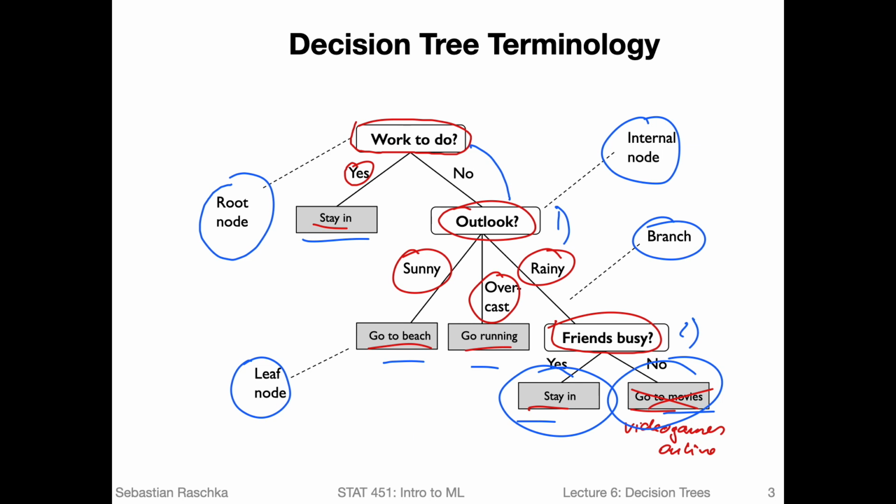And note that there are two types of nodes. One type of node does a binary split. In this case, this one is a binary one, and this one is a binary one. Binary just means there are only two options. In this case, it's the option yes or no. And there are also the multi-category ones. Here, in this case, we have one with three possible options. That's more like a general categorical one. Binary is like a subcategory of categorical, but here we have a categorical one with three